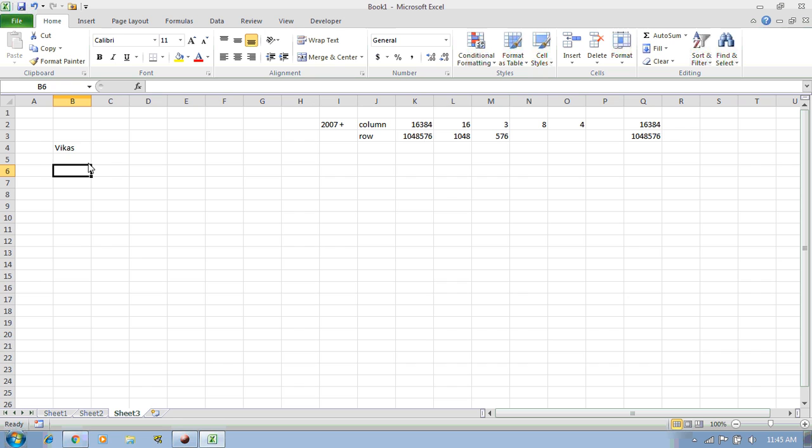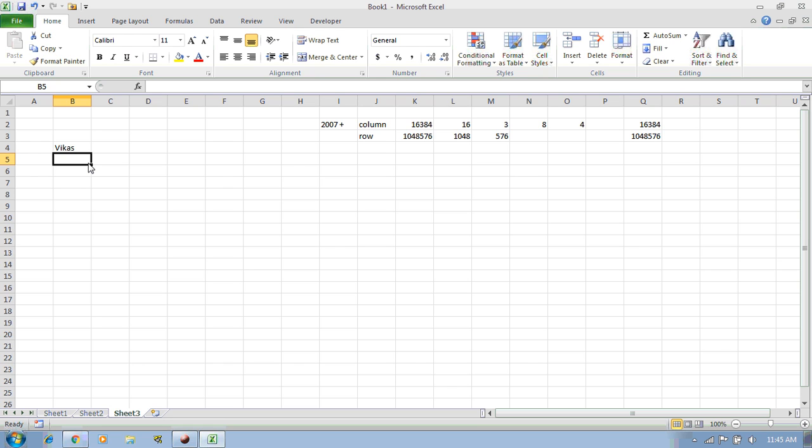So we have added the data to the cell, which is the name here. If I want to add a date, I can add it. To add data, simply start typing, and it will keep adding the data until you press Enter. For example, I'm adding my date of birth here.